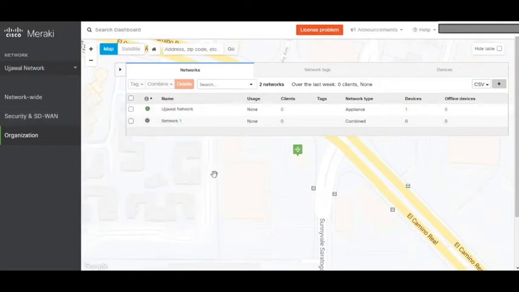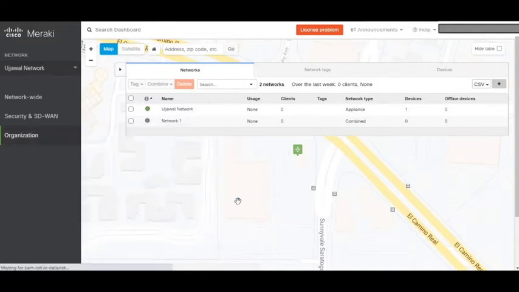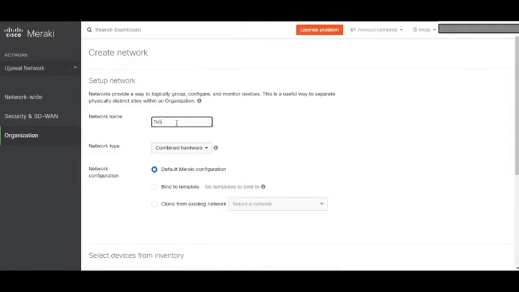So the first step is to create a network. In order to create a network, go into organization and then select this option, create network. Test demo. Then you have the network type, which means